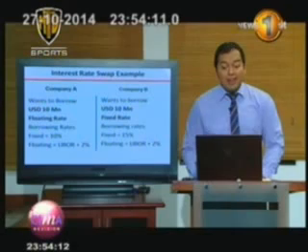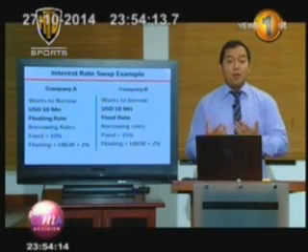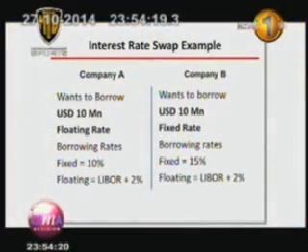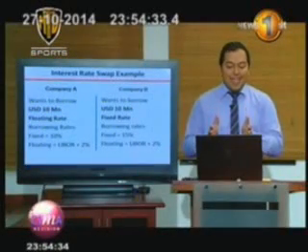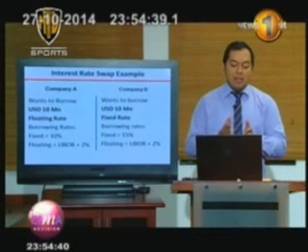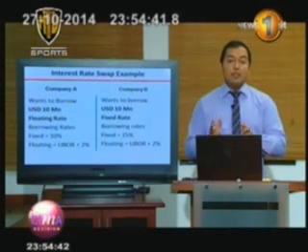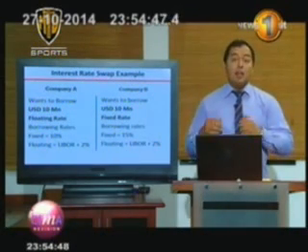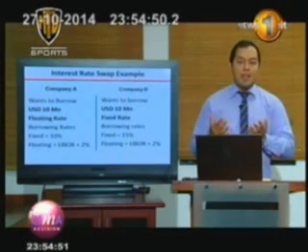let's quickly move on to interest rate swaps, something that I wanted to touch on before your exams. How does it work? We will take a quick example. You have A company and B company. Both companies want to borrow $10 million, but A company wants to borrow floating while B company wants to borrow fixed. If you look at the interest rates, you could see that A has an advantage in borrowing fixed. Why? Because A can borrow at 10%, whereas B can borrow at 15%. There is no benefit on the LIBORs. Why is this? Maybe the credit ratings of the two companies differ, but let's not go into that.